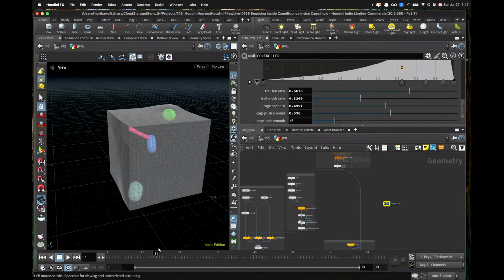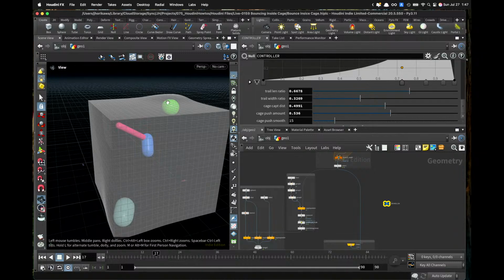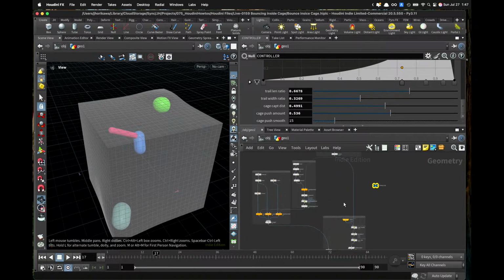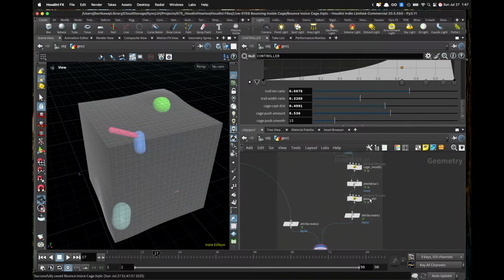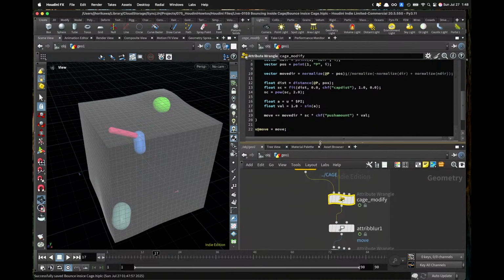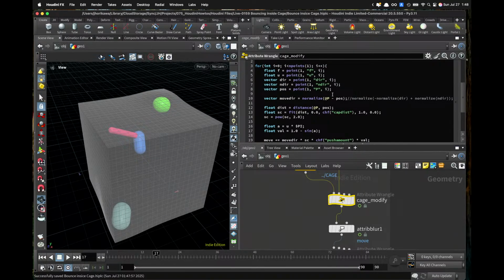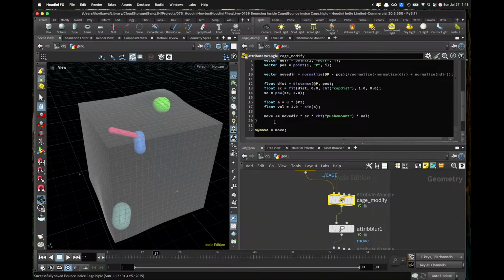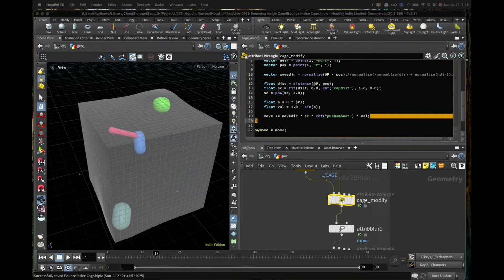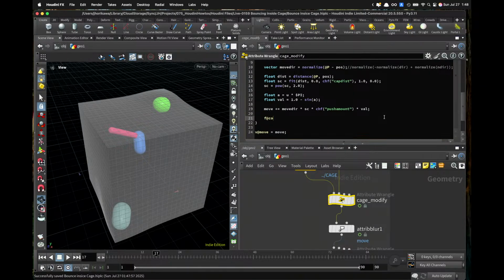Let's also add maybe some contact color information to the cage, and I'll finish this live stream, which isn't that hard. I think I can just go to the cage modify here and apply some of the values, something like this one for the color. Okay, so let's create an attribute called color,